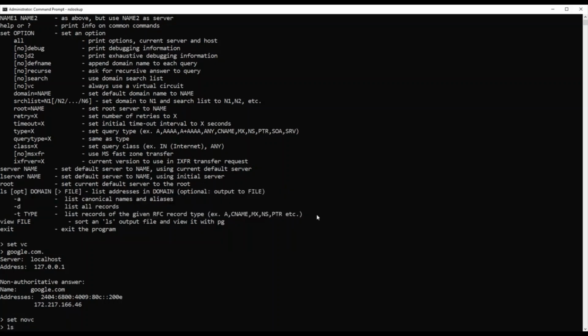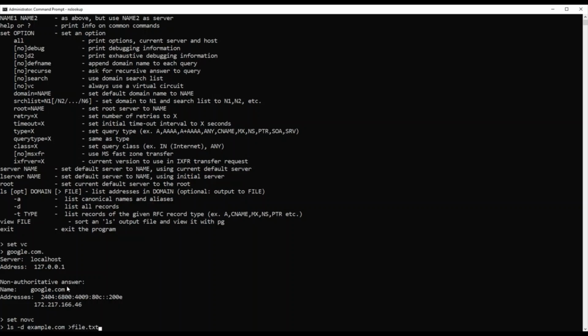So all I have to do is type in ls and the option, right? If I need the complete zone records, then I have to use -d. If it's only canonical names or CNAMEs and aliases, then -a. So it depends on what you want. So let's say I need the complete thing, then I put ls -d and the domain name. So I put example.com and then basically the file name, where I'm going to write this to, so file.txt.